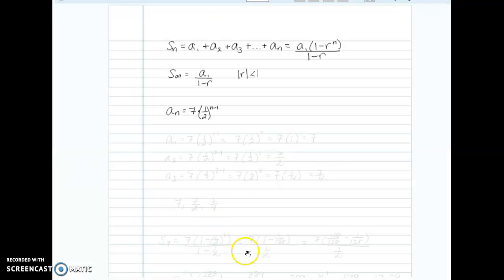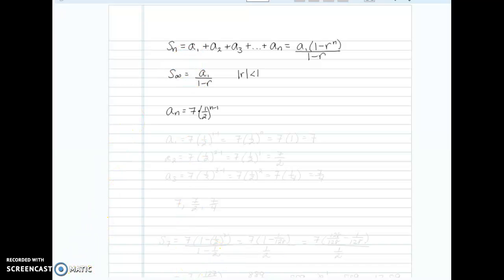All right, so here I just rewrote that information. So your sum of n terms formula is here. The infinite sum formula is here. That's only for when r is less than 1 in absolute value. And this was the term generator that we are looking at. All right, so the first thing we're going to do is find